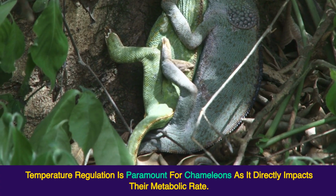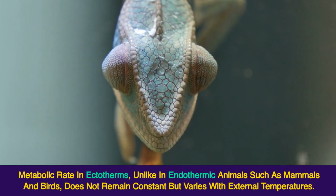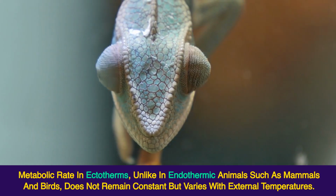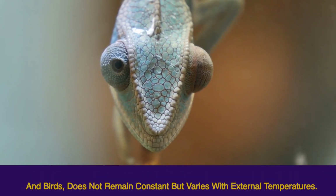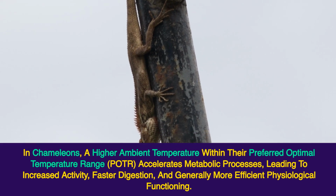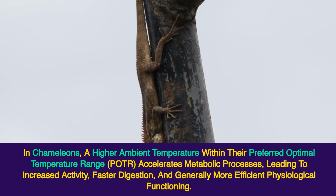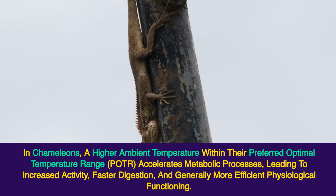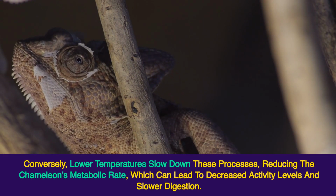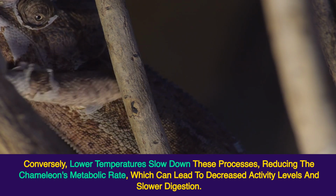Temperature regulation is paramount for chameleons as it directly impacts their metabolic rate. Metabolic rate in ectotherms, unlike in endothermic animals such as mammals and birds, does not remain constant but varies with external temperatures. In chameleons, a higher ambient temperature within their preferred optimal temperature range, POTR, accelerates metabolic processes, leading to increased activity, faster digestion, and generally more efficient physiological functioning. Conversely, lower temperatures slow down these processes, reducing the chameleon's metabolic rate, which can lead to decreased activity levels and